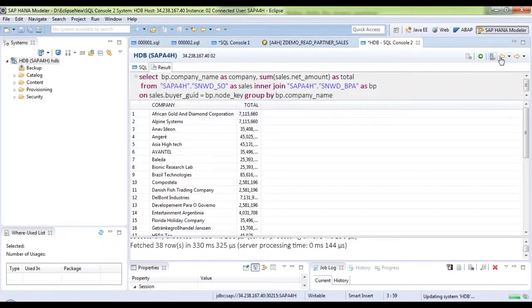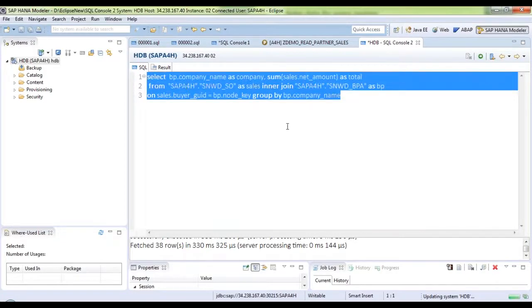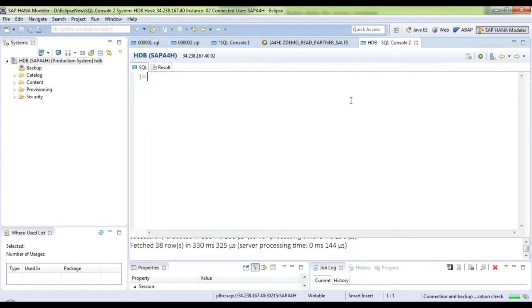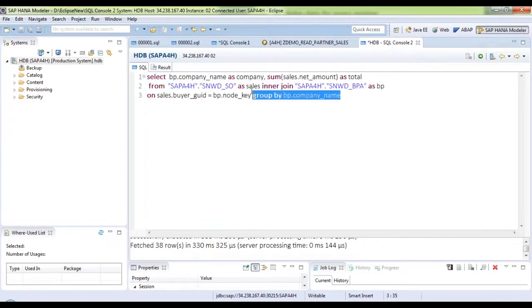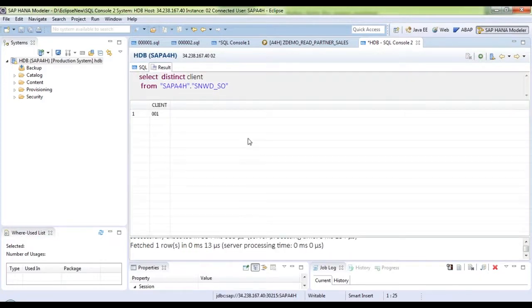Though I'm not selecting the client field, let me just quickly search the sales order table with all the unique client field names. So I want to fire a query on the sales order table, which is in the schema, and see what's the value of the client field in total. Is there a distinct client field value in my sales order table? Yeah, that's what the distinct clause is all about. And just run this, and let's see, it has only one client right now, guys, in the table,